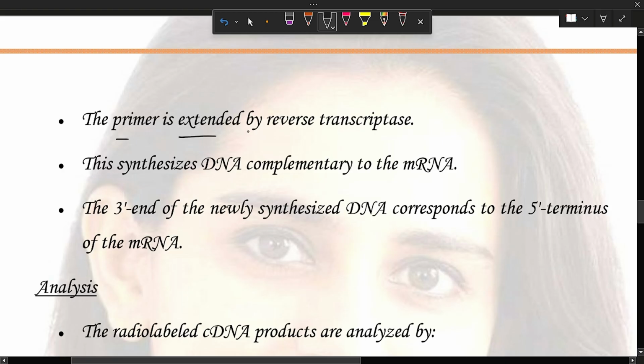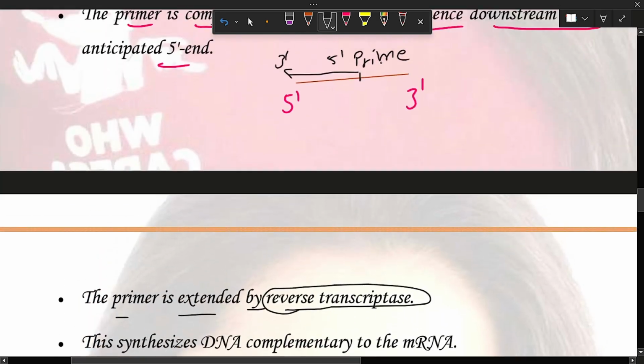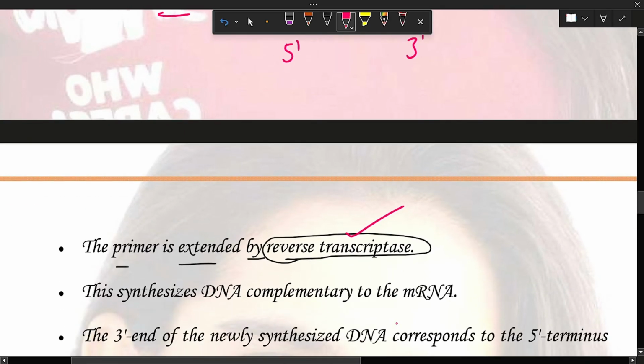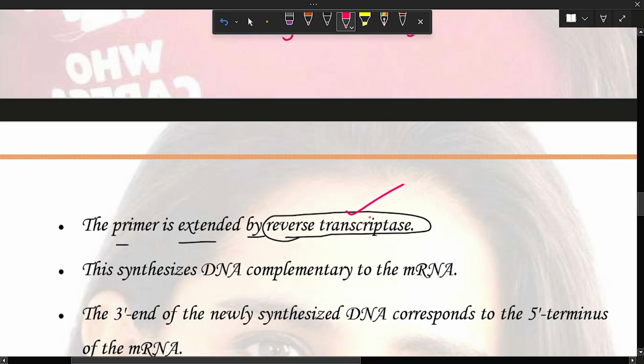The primer is extended by the reverse transcriptase enzyme. What is meant by reverse transcriptase? It makes DNA using the mRNA as a template.